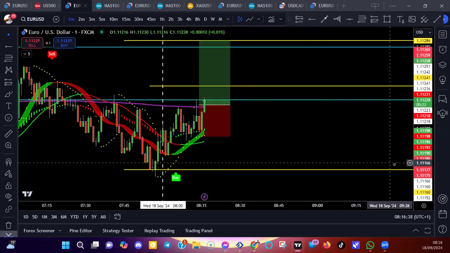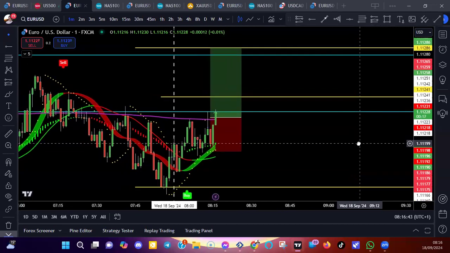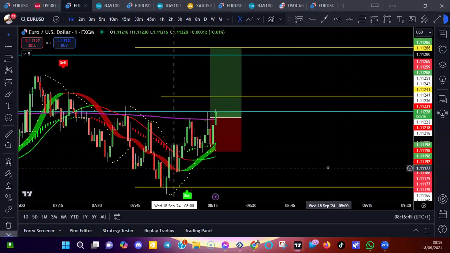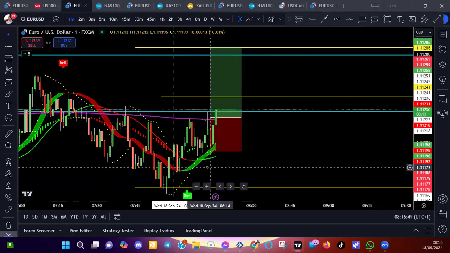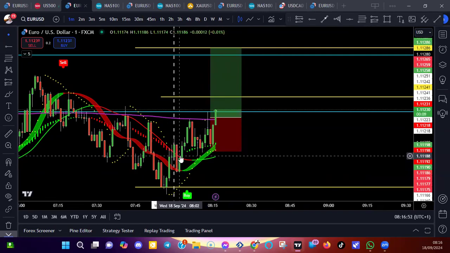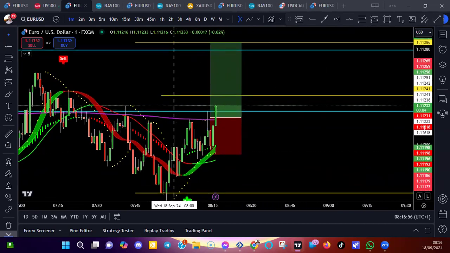So I'm quite happy to just watch this do what it's going to do. And if it does do the 2%, that is a credit to our strategy, our Academy 55 indicators,